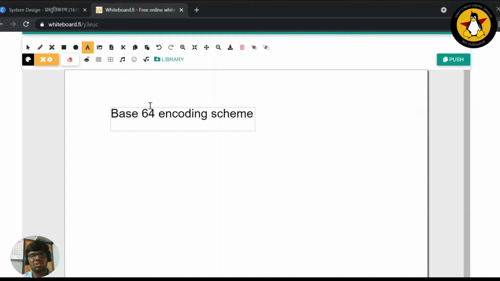So let's just go step by step. First, let's use the base 64 encoding scheme. So what exactly is the base 64 encoding scheme? Basically, just like base 10, every letter will have up to a base of 64. So let's say if we had a 6 digit number, right? Then in a base 10 system,